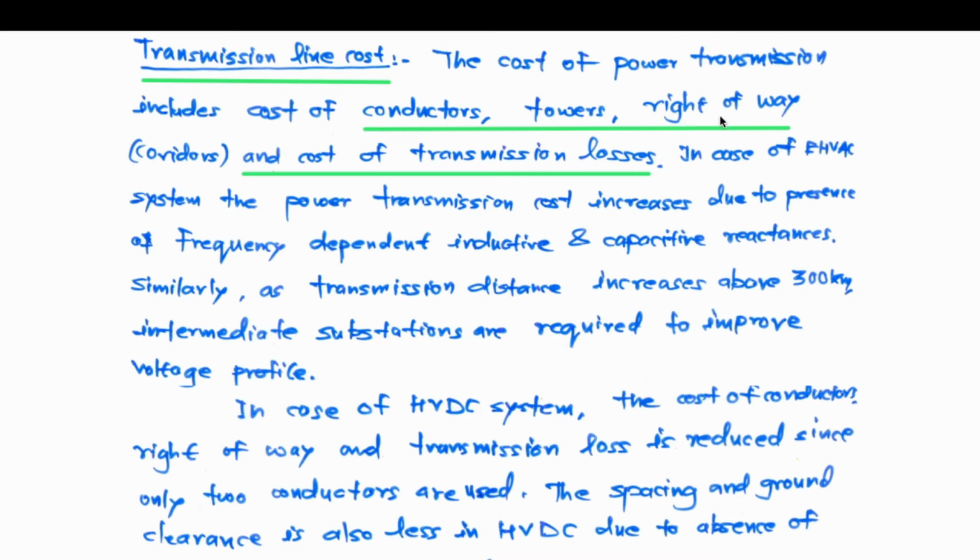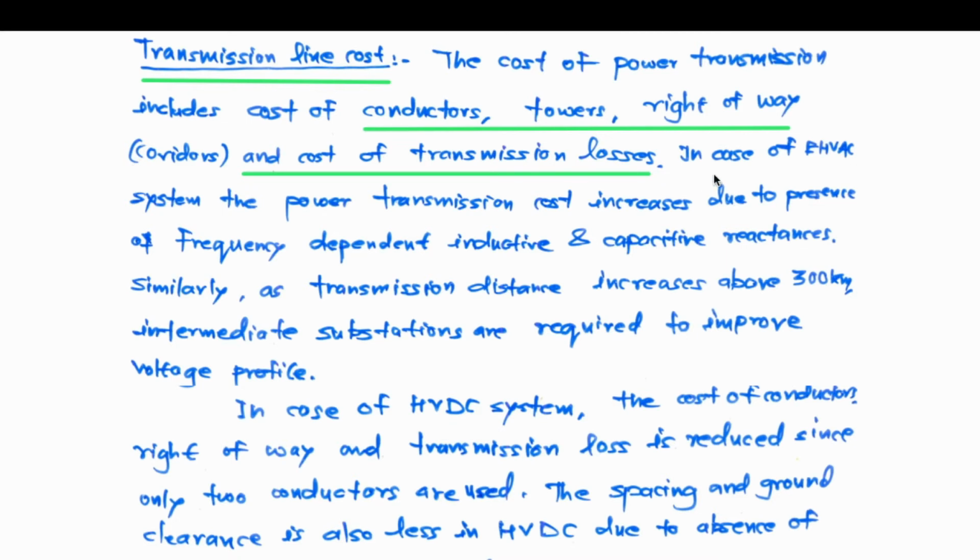So that much permission is needed. It is a costly affair that the government has to pay to the farmers or the owners of the plots through which the transmission line network may pass, in case there is no other option, or the land does not already lie in the possession of the government itself. Then lastly, the cost of transmission losses. As transmission distance increases, the transmission losses are bound to increase.